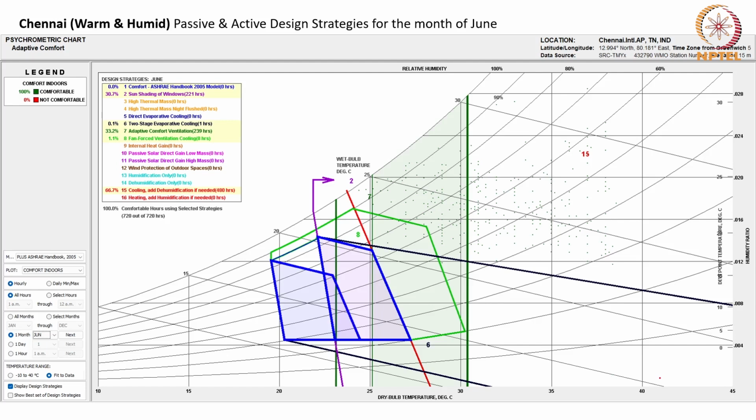Now, in order to shift 100% of the hours from uncomfortable to comfortable, that is, shifting all these red dots to comfortable hours, strategy 15 is the one which will shift the entire uncomfortable region to become green, which is comfortable, and that 15 is primarily air conditioning. Cooling and dehumidification, if necessary, is air conditioning. So, in order to shift 100% of hours to comfortable in the month of June,